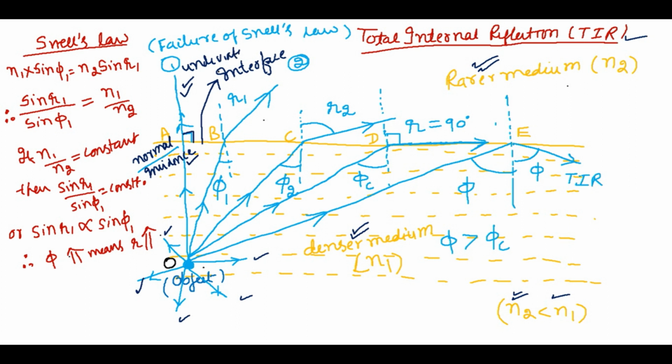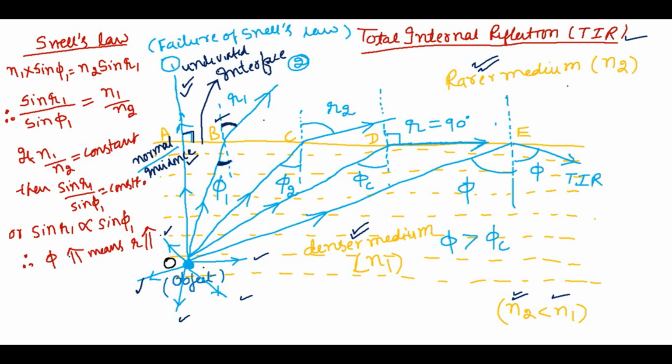So for it, the angle of incidence is 0 degree, and the angle of refraction will also be 0 degree. Let us now consider another ray which is traveling toward the water-air interface in such a way that it strikes at some point B on the interface, where the angle of incidence of this ray is phi 1. This phi 1 is not 0 degree, so it is making some non-zero angle with the normal. So on coming out of this water, this ray will travel away from the normal.